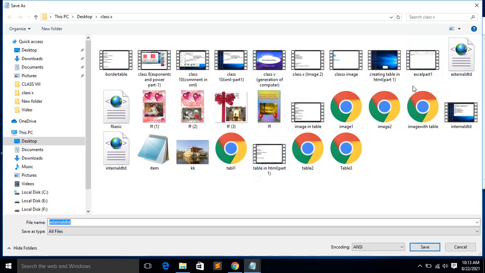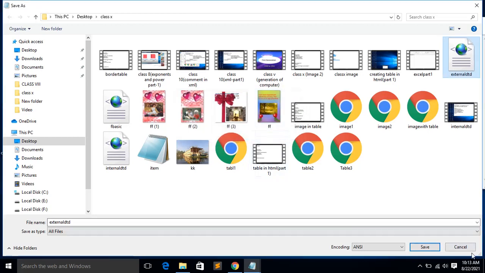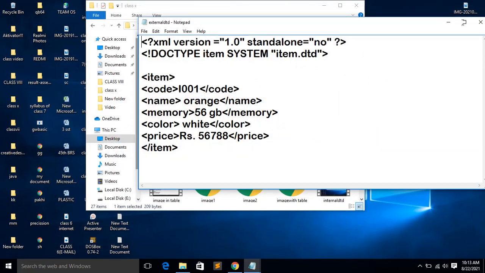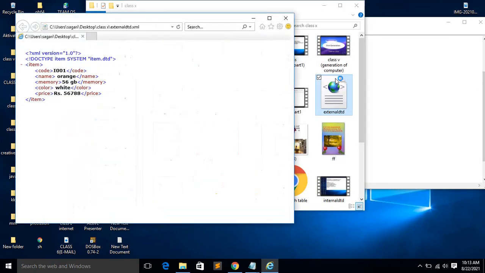Now I am showing how the output will come. Where is the external DTD? This is the external DTD. Now I will open external DTD. This is the output you see. Here you see item SYSTEM item.dtd.